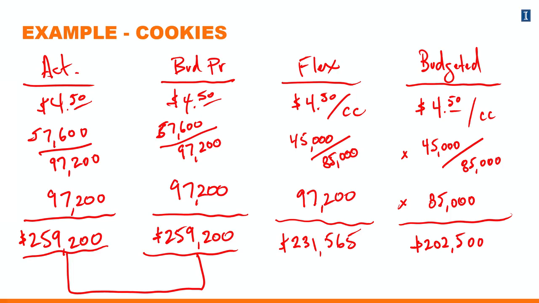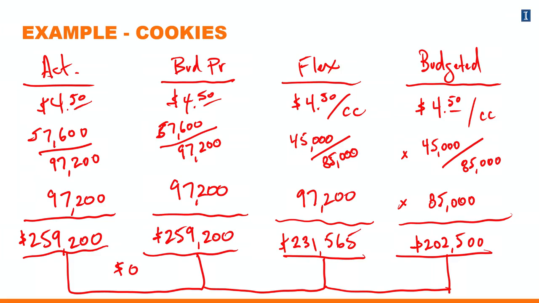So now we can calculate the individual variances on the revenue side of this business. The difference between the first and the second column is the selling price variance. That actually is $0. The reason, again, is we didn't have a fluctuation in the selling price for chocolate chip cookies. So therefore, there is no variance on that level. The difference between the second and the third column, referred to as the mix variance, comes out to be $27,635. And the difference between the third and the fourth column, which has to do with the fluctuation from budget towards actual total cookies sold, comes out to be